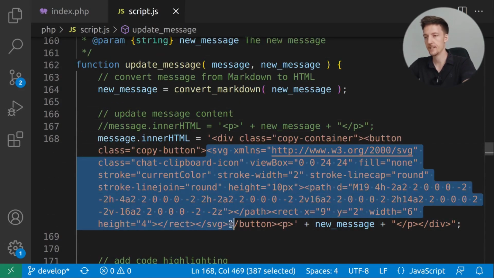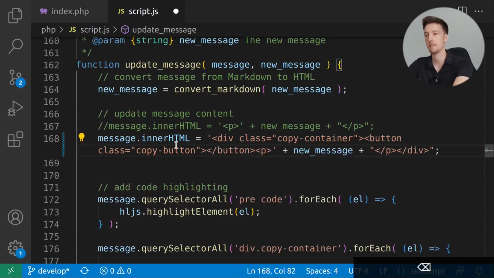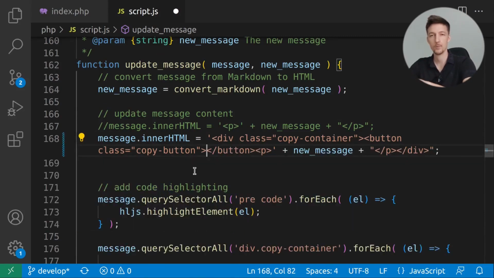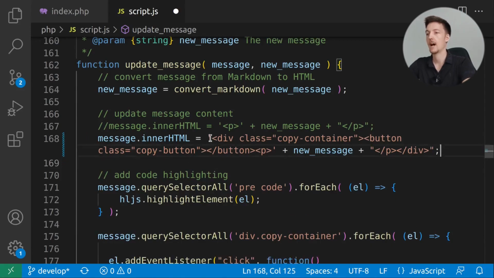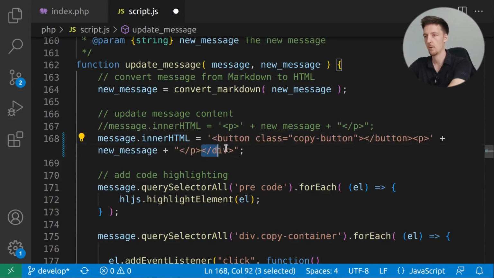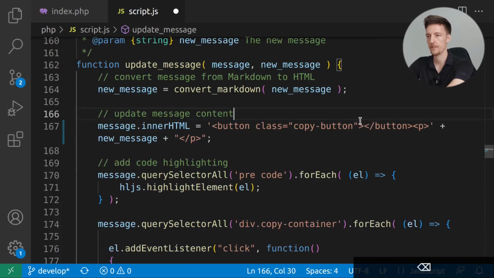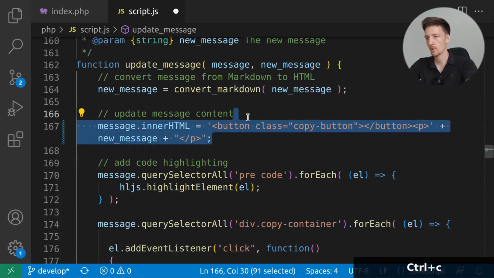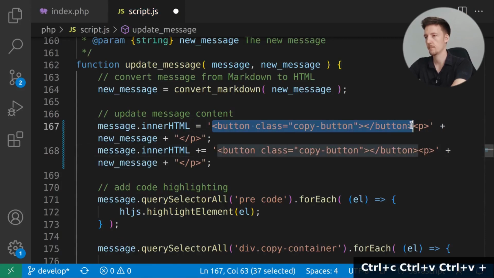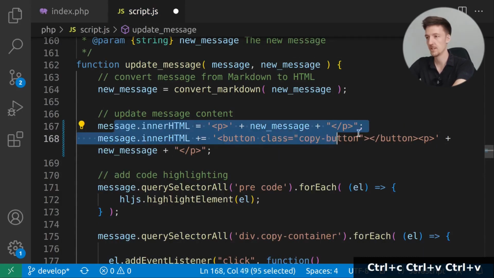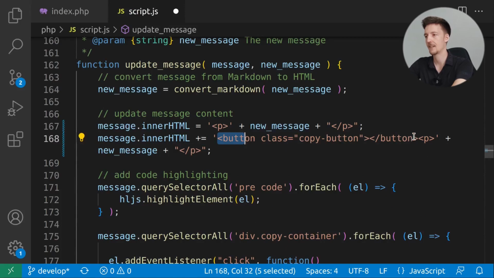Instead of having the SVG here, we will only have the button and we will add the image with CSS. And I will remove this extra new line here. And I do not think that I need this container here. So I will remove that as well. And I will remove this commented out previous version. And somehow I would prefer if these were on separate lines. So let's add first the p tag, so just like it was originally, and then we will add the button